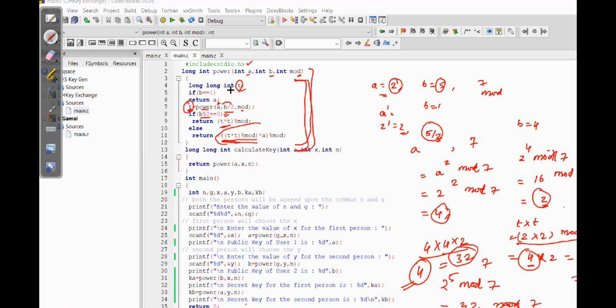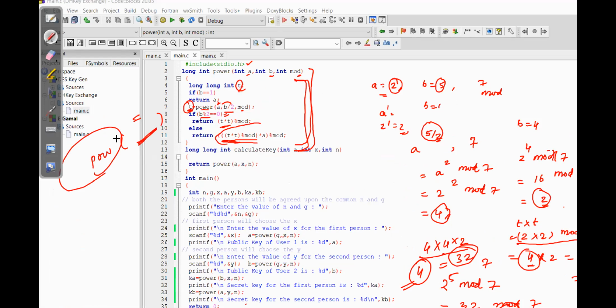Sir, why are we doing this recursively? Why can't we directly find the power and then take the mod? Yes, you are always free to do any kind of thing, right? In the last program I was explaining that you can use the power directly. You are free to use any logic. That is up to you, right?